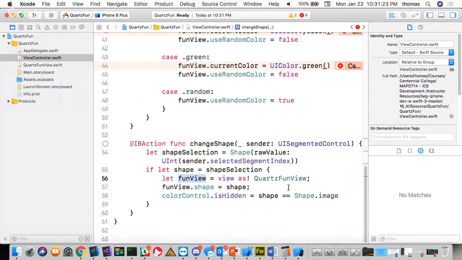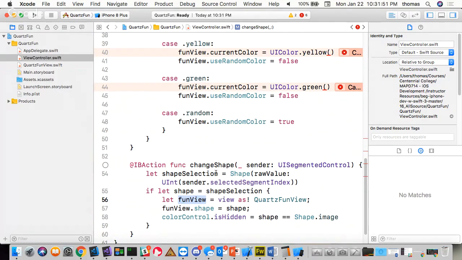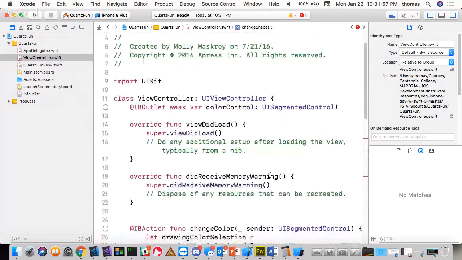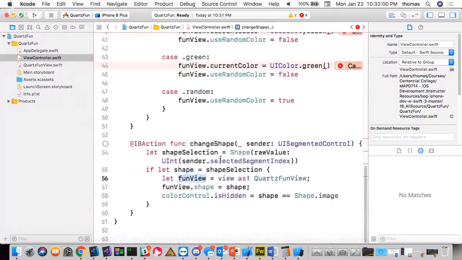This is different. So we did it differently. We did it, so let fun view is equal to view as a Quartz fun view, which is one of these. So we kind of defined it wrong, and then we said fun view dot shape is equal to shape. Shape meaning the shape selection, whatever the shape is, and then we're saying shape is equal to shape image. But this is using an IB action, some kind of shape change, which I don't really care about. I should be able to do it the way we did it. It's just that they're doing it this way. So the way we did it